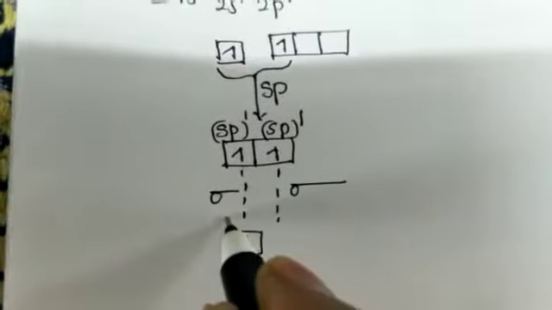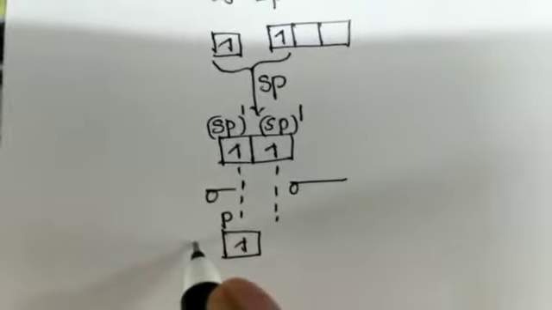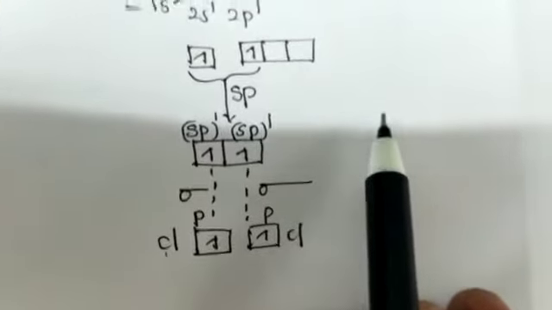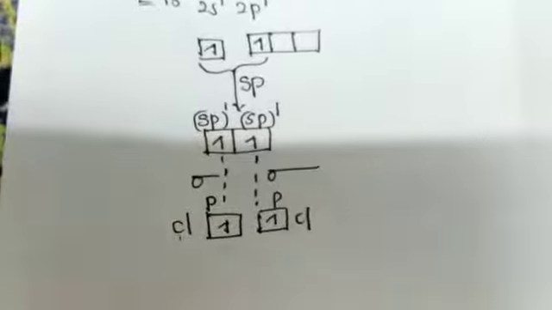Another electron belongs to the p orbital. This p orbital belongs to one chlorine atom, and here is also a p orbital of another chlorine atom. This is according to orbitals. Very important: hybridized orbitals can form sigma bonds, and if any unhybridized orbitals are there, they can form pi bonds. Later we will discuss unhybridized orbitals also, but here hybridized orbitals form sigma bonds.